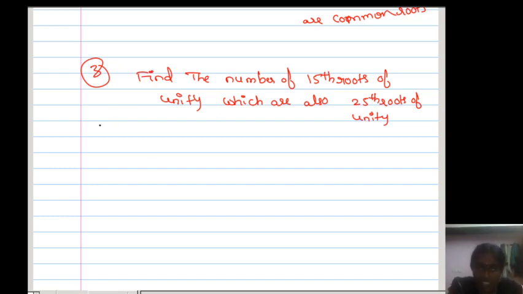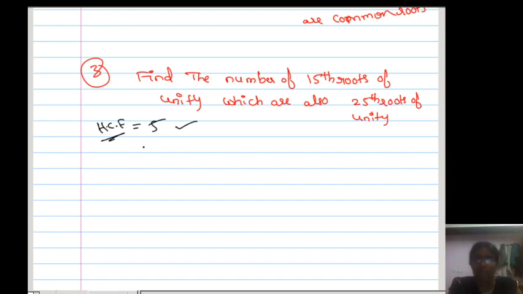Okay, so actually in the shortcut way we will take the HCF. What is the highest common factor of 15 and 25? Highest common factor means GCD, HCF. What are the factors of 15? 1, 3, 5. What are the factors of 25? 1, 5, 25. Which is the highest common term here? 5. So what is the HCF of 15 and 25? 5. So the answer is 5. So what I am telling is, how many common roots exist here? 5 roots. That is the HCF of both.